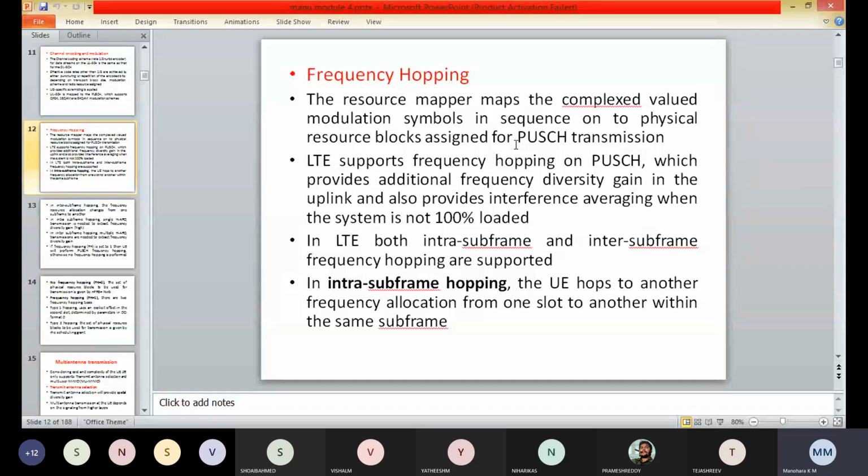So LTE supports frequency hopping on the PUSCH, which provides additional frequency diversity gain in the uplink. The frequency hopping can also provide interference averaging when the system is not 100% loaded. In LTE, both intra-subframe and inter-subframe frequency hopping are supported.